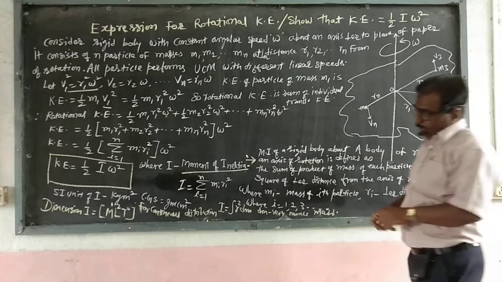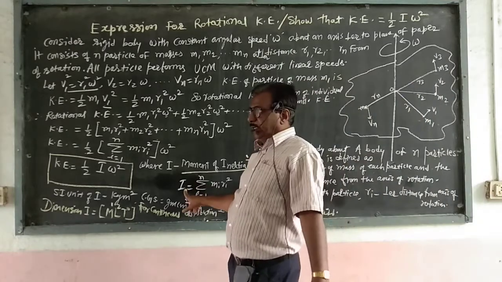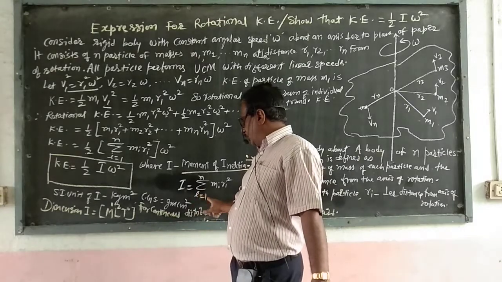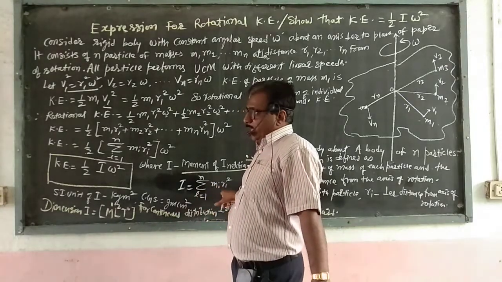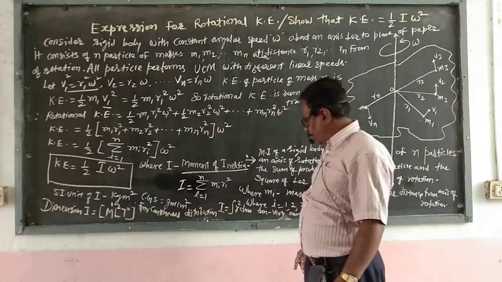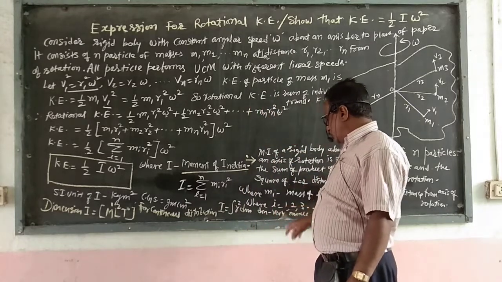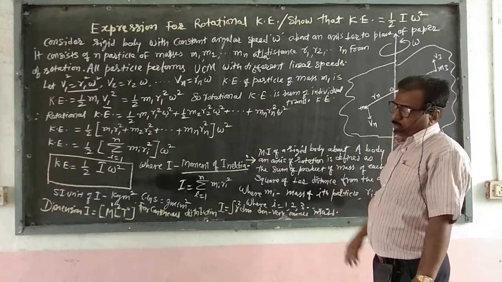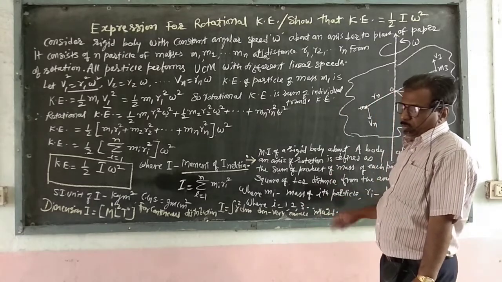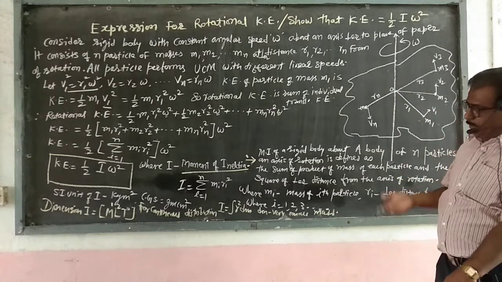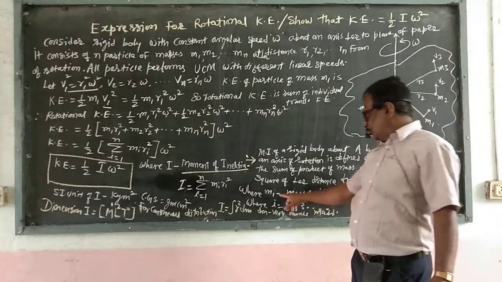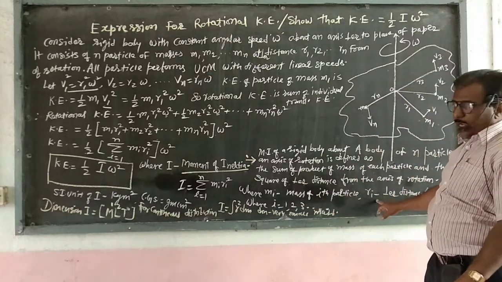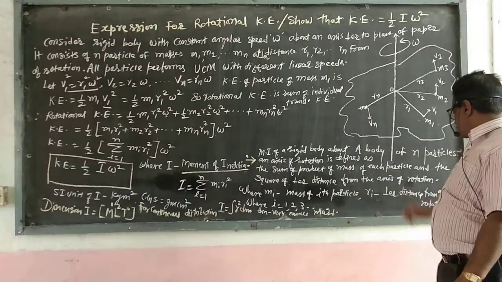It is represented by letter capital I. Capital I equal to summation of i equal to 1 to n m_i r_i square, where i equals 1, 2, 3 and so on. When we substitute i equal to 1, 2, 3, we get the first, second, third terms,